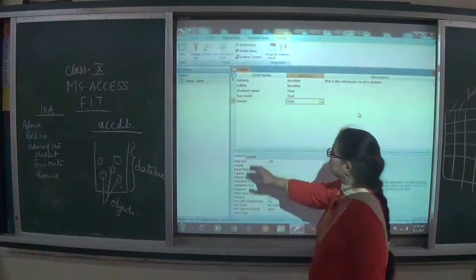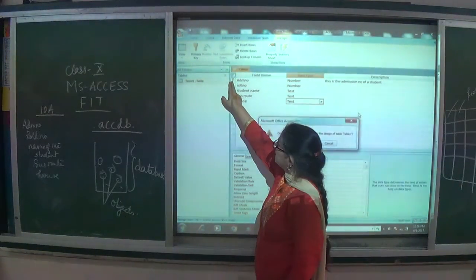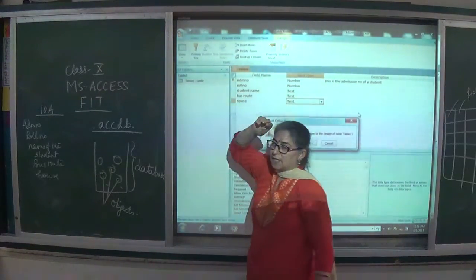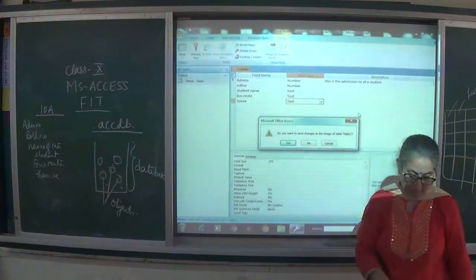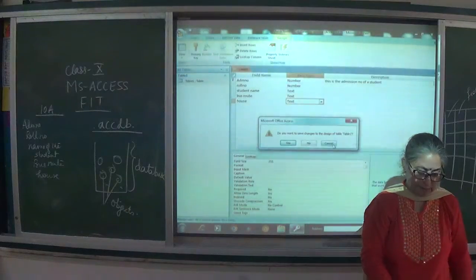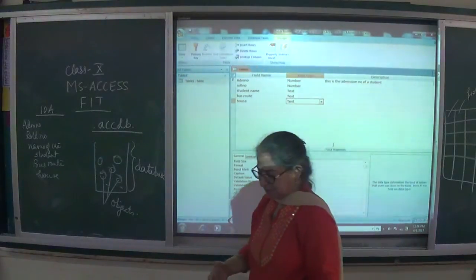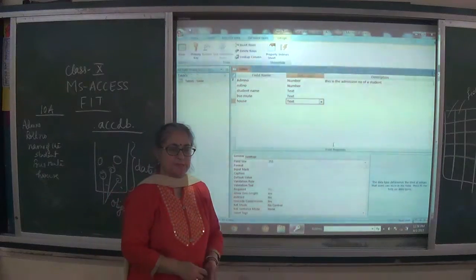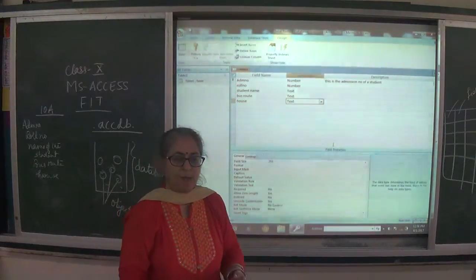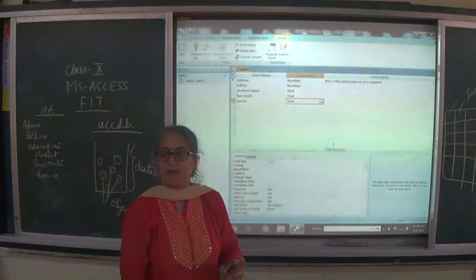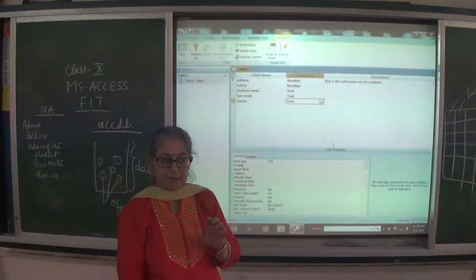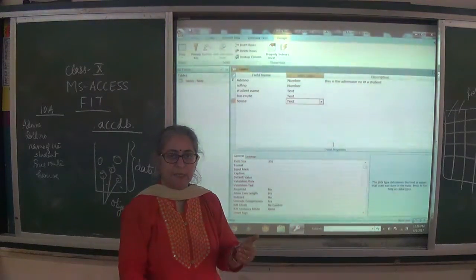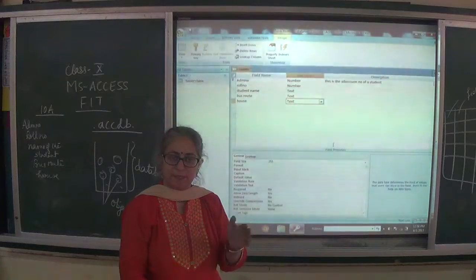Now before closing, one more thing I wanted to tell you is this key. Did you see this key? This key means the primary key. Now what is the duty of the primary key? Why do we require primary key? Let's understand like this. In a class of various students, if I say, Sarthak, please stand up, what happens? There could be 2 or 3 Sarthak. If I say Sarthak Agarwal should stand up, then only Sarthak Agarwal will understand